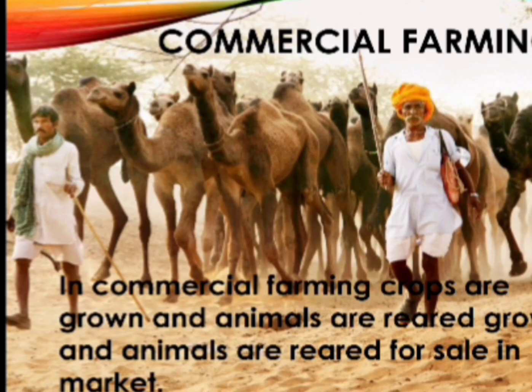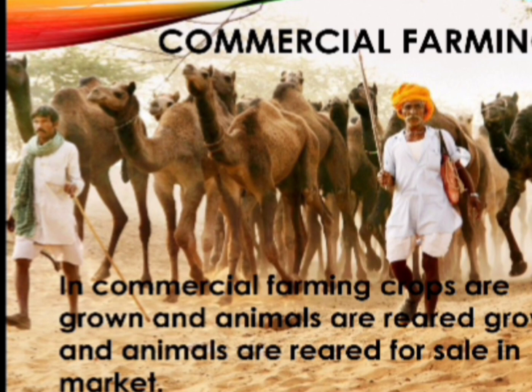In the second type of farming, that is commercial farming, the crops are grown and animals are reared for sale in the market. The area cultivated and the amount of capital used is very large. All the work is done by machine. We can divide commercial farming into three parts: commercial grain farming, mixed farming, and the third one is